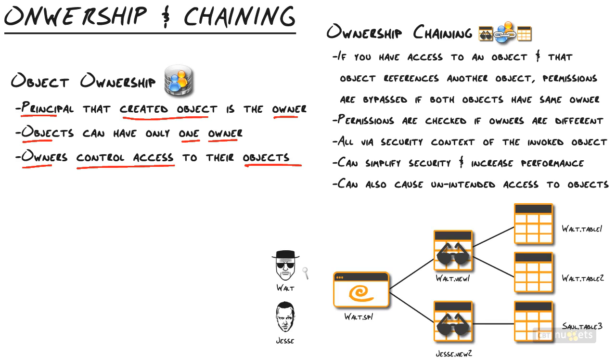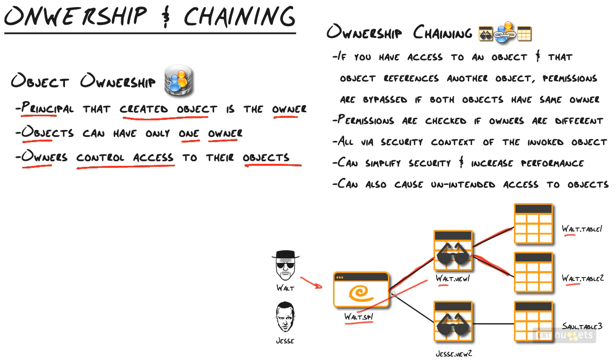Let's say that I'm Walt, I'm Heisenberg, and I want to create a secret formula stored procedure. This stored procedure underneath references a few views which reference multiple tables. So how this works is if I execute the stored procedure as Walt, the stored procedure is going to go and hit this view. This view, or security I should say, is going to look and say, hey, look, the owners are the same. So it's not even going to check permissions at all. It's just going to totally bypass permissions. Same thing with these two tables because, once again, the owner is Walt. So as long as the owner is the same, the chain is known to be unbroken and permissions will be